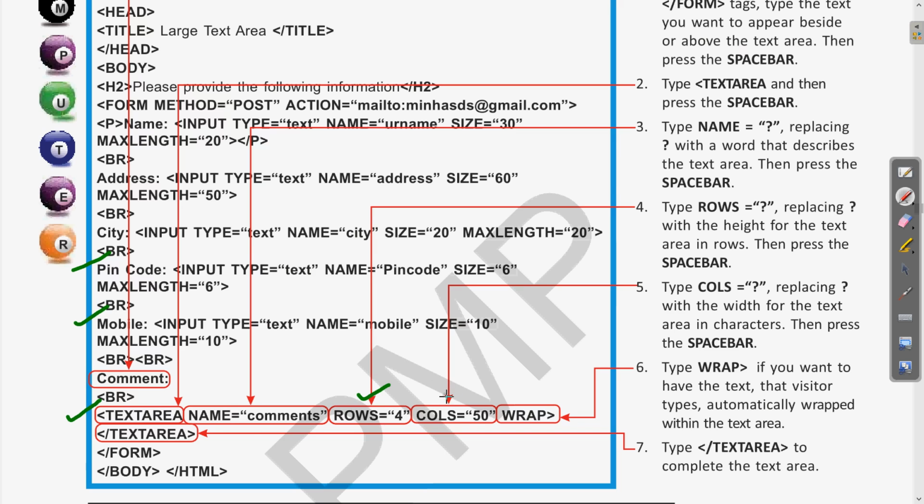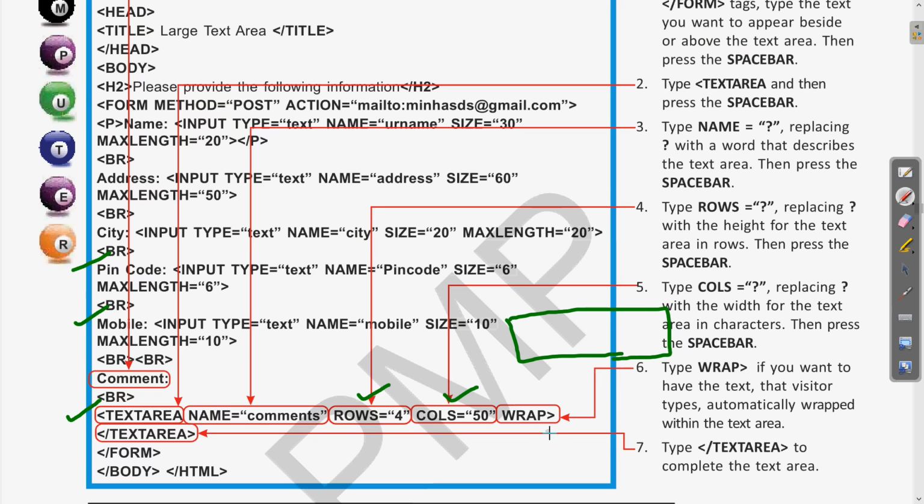Rows and columns specify the area present in the text area, which will have some length and width. So this row and column specifies how much the span of that text area will be. Clear? The same is given in the form of rows and columns.